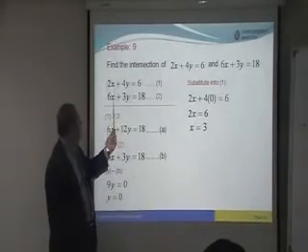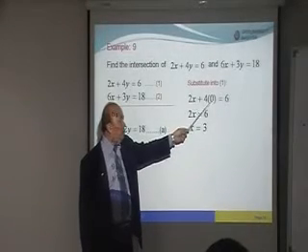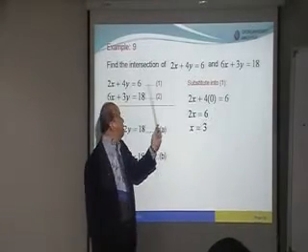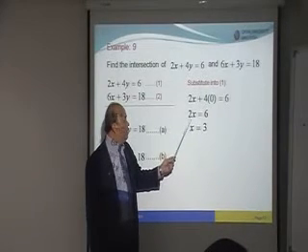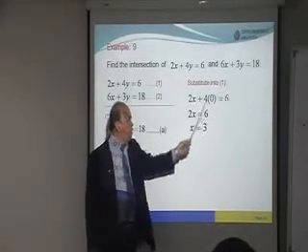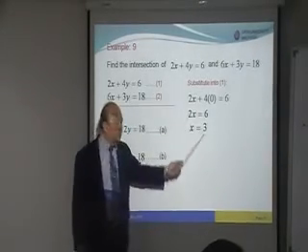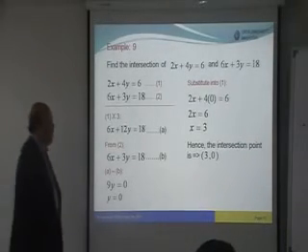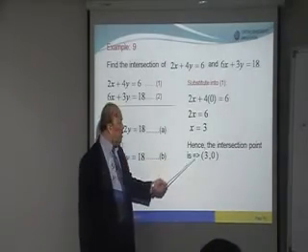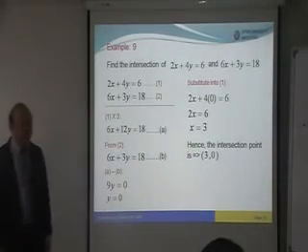So you will get 2x plus 4y. Y substitute is 0, replace 0, equals 6. So from here this is 0, remaining 2x equals 6. So x equals what? 6 divided by 2 equals 3. So your conclusion is what? Hence the intersection point is x 3, y 0. 3, 0.